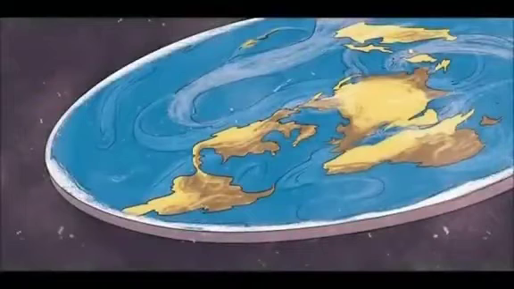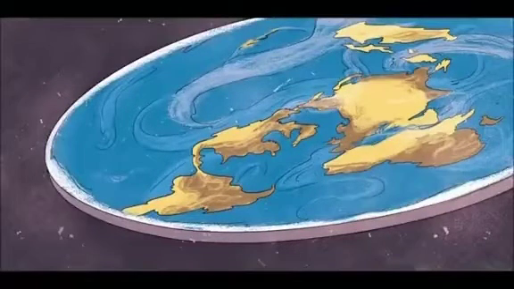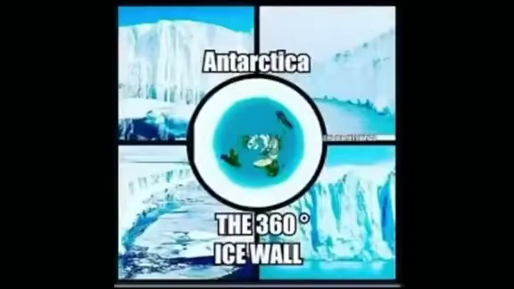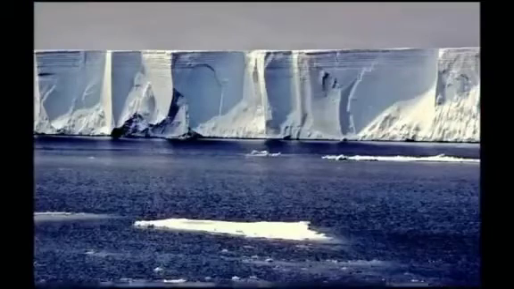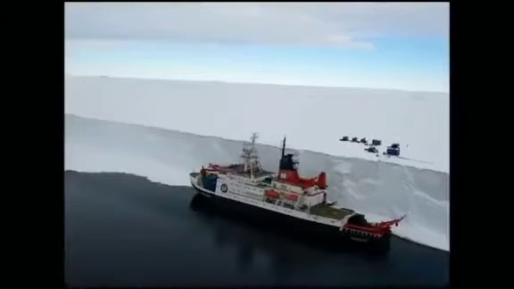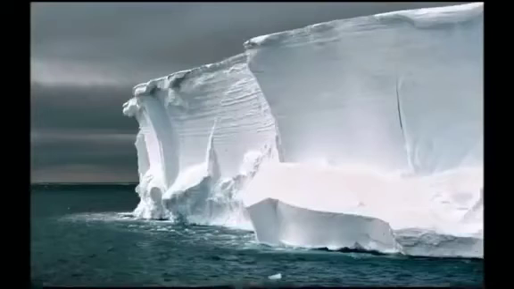Who's to say there is an edge? Most people's first reaction to flat Earth is that there must be an edge, but is that because of how it is presented to us? On the current flat Earth model, there is no edge, but rather a 360-degree wall of ice surrounding Earth, holding the oceans in. Again, no one is 100% certain that this ice wall exists, because for more than 50 years,